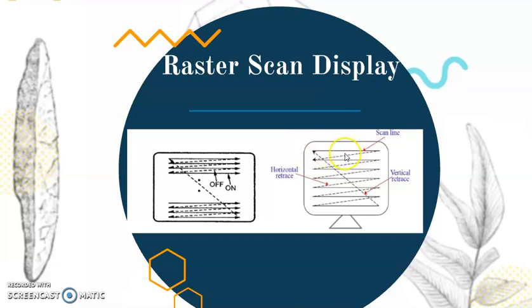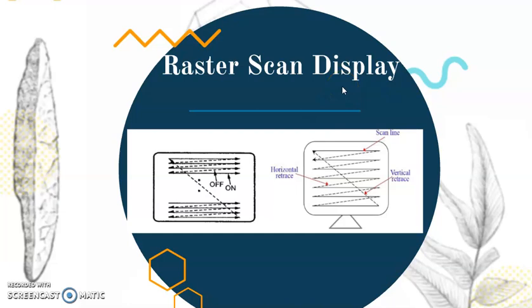Next, what am I going to do? I'm going to come to the second Y. I retrace and scan it from left to right. Retrace it, come back to the third line, scan it from left to right. Retrace it, come back to the fourth line, scan it from left to right. This is how scan conversion happens. That means scanning every pixel at a time and putting it on wherever required. That is what we call raster scan display.